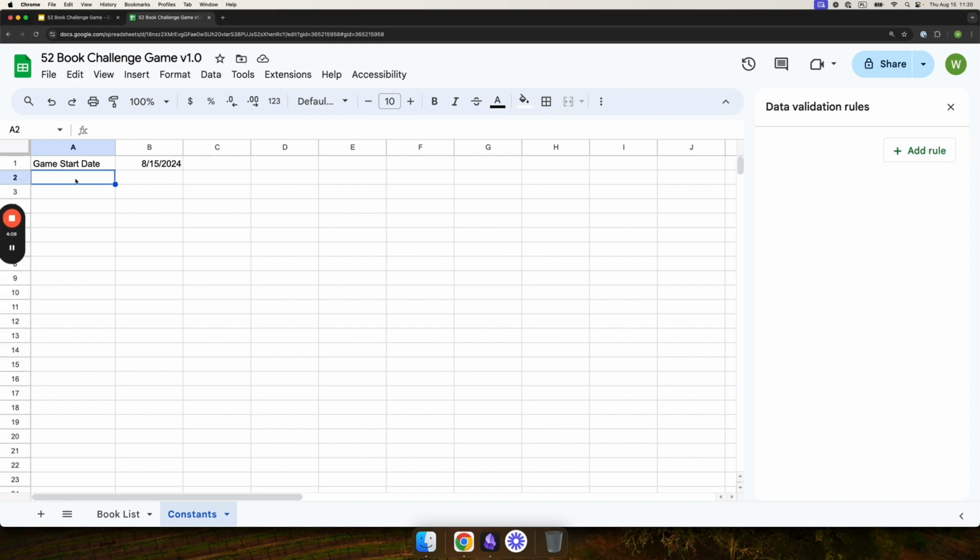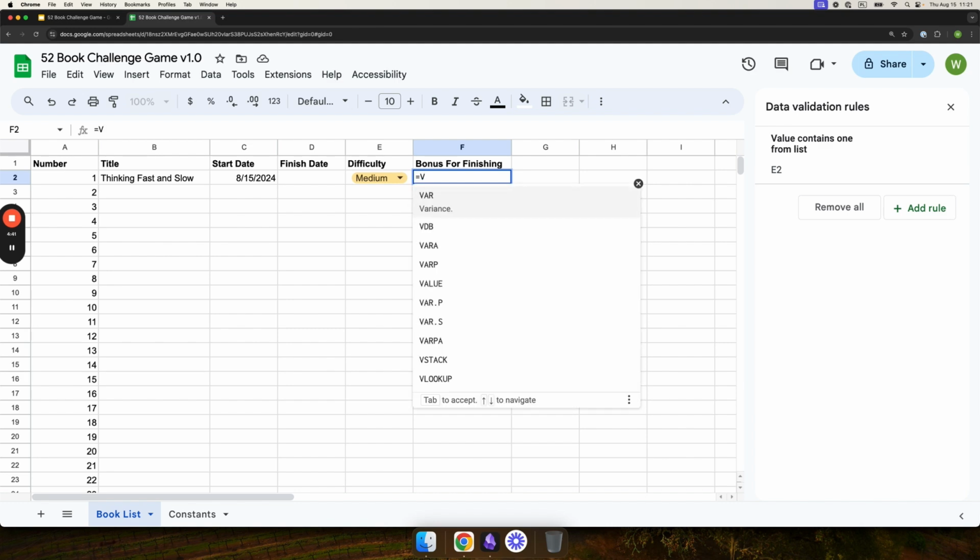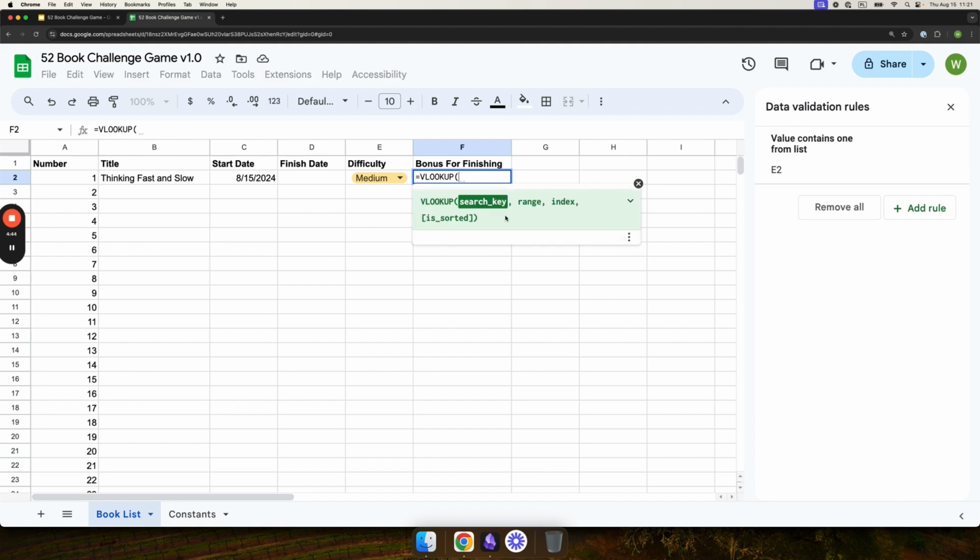And there will be also additionally 3 constants that will mark how much experience will be given for finishing the book. So this will be easy, medium, hard, and let's say this is 200 experience points, 400 experience points, and 600 experience points. And now this needs to be properly mapped, so I will use the lookup formula, and this will